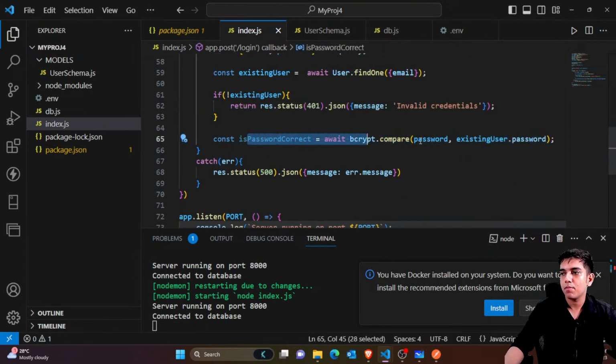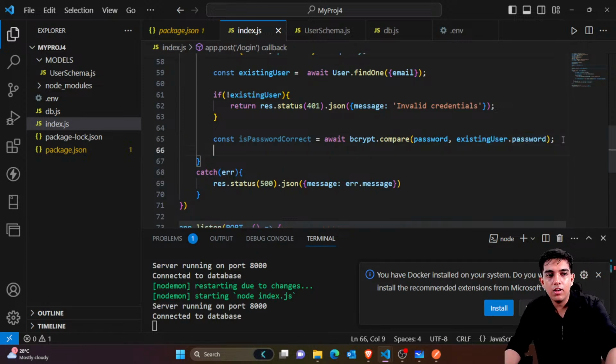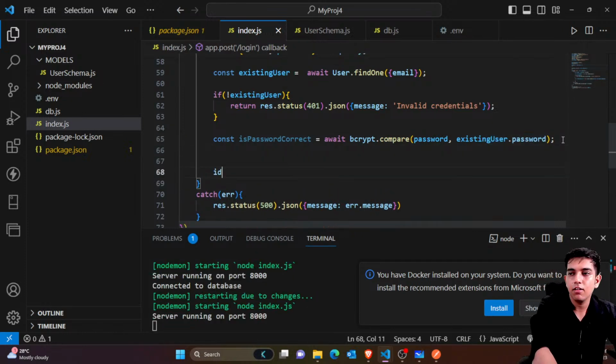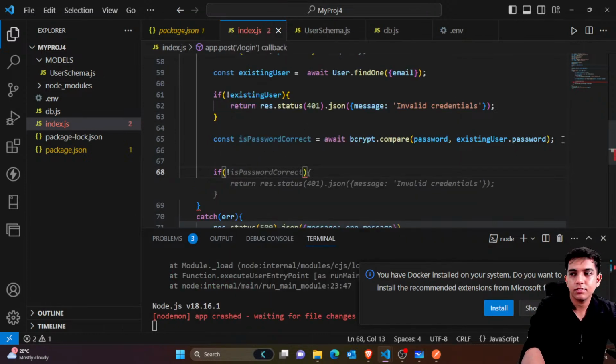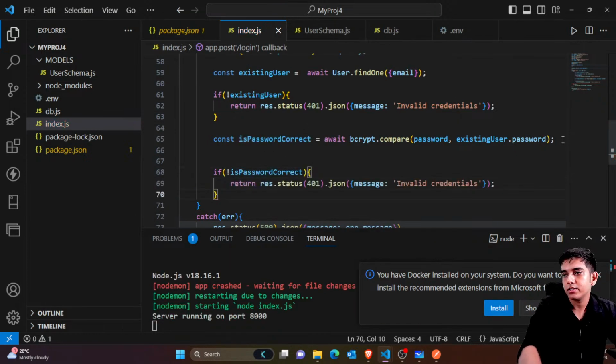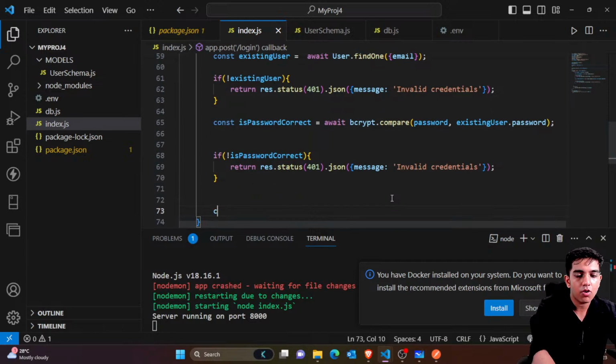We have simply compared the password. If the passwords match, that is the hashed password and the password which the user has provided, like HJ123, and the hashed password which is stored in my database, then it simply means the password is correct. If they don't match, then I would simply return invalid credentials. But if they match, then I would simply create a token. So for that, I would just say const token